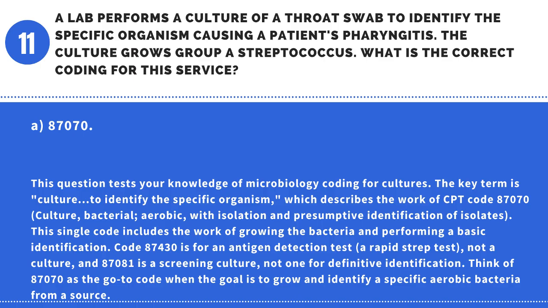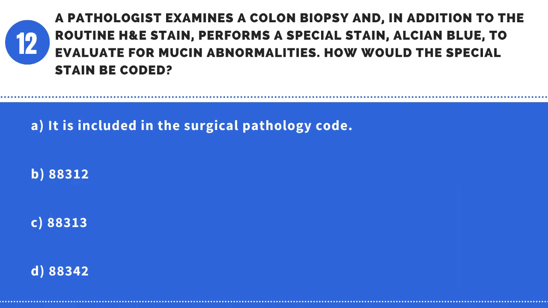Code 87430 is for an antigen detection test, a rapid strep test, not a culture, and 87081 is a screening culture, not one for definitive identification. Think of 87070 as the go-to code when the goal is to grow and identify a specific aerobic bacteria from a source. Question 12. A pathologist examines a colon biopsy and, in addition to the routine H&E stain, performs a